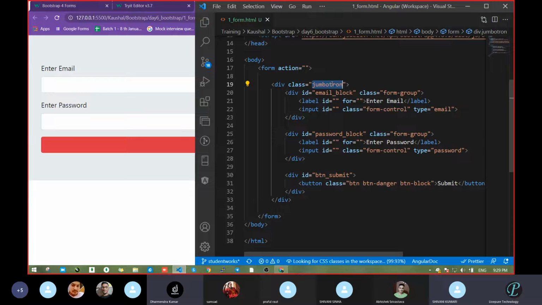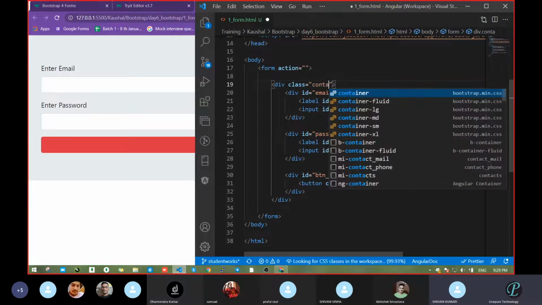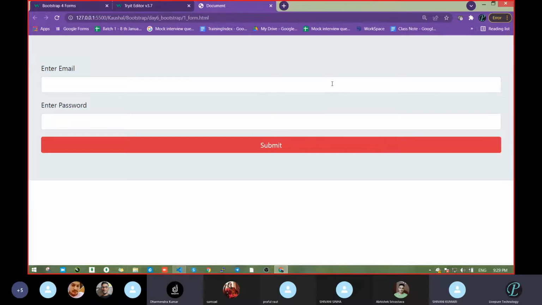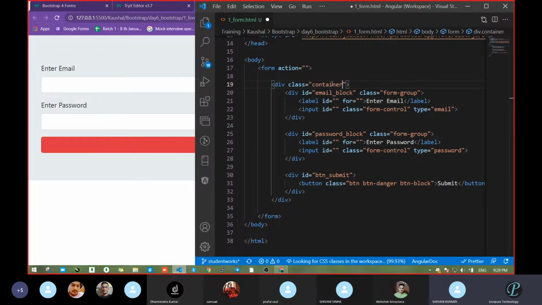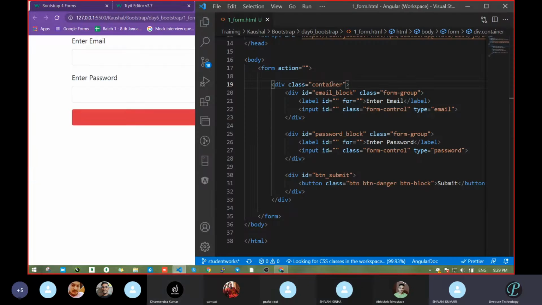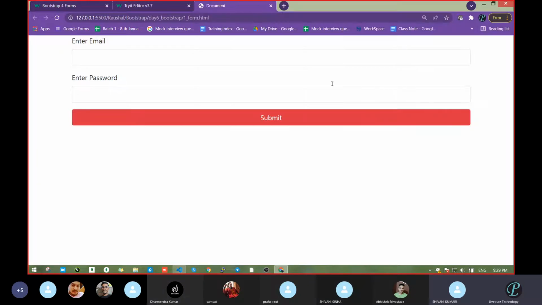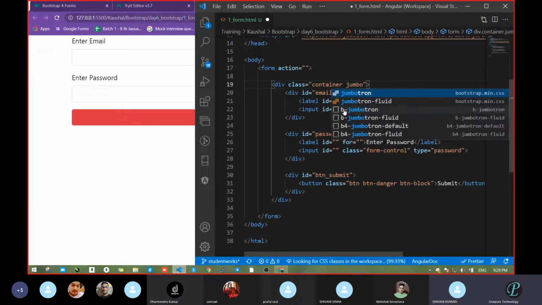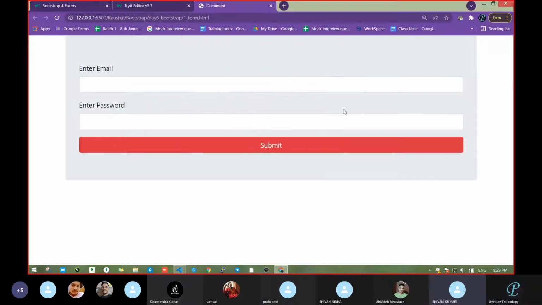Next, which one? Container. Somebody had told container also. Let's go with container. What are you thinking? What will be the output in the case of container? Sir, padding and margin, sir. Margin is showing on the left or right side. Left and right margin will come. So let's see. We got the margin left and right. Clear? So now see, when you have taken this container, now pass the Jumbotron. Now it will look something good. Got it?